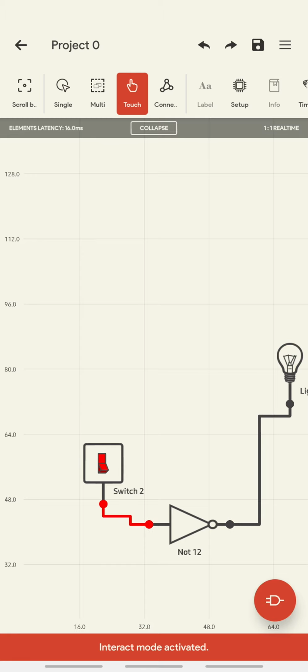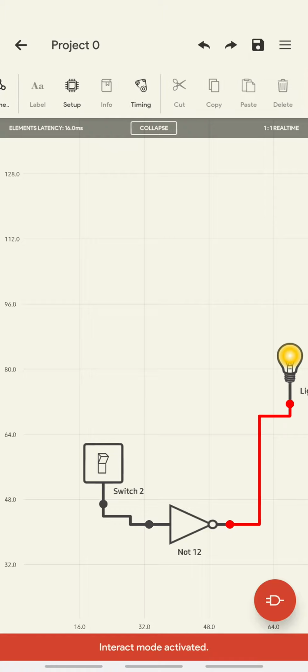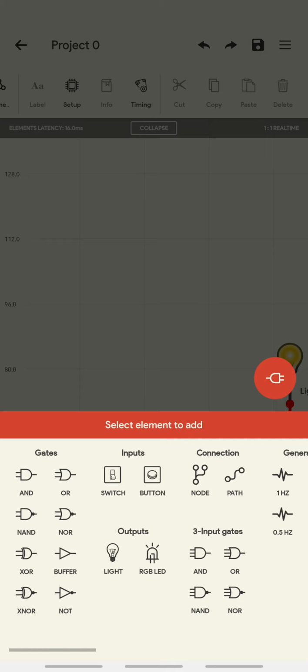NOT gate, if input is 1, output is 0, if input is 0, output is 1, right? So you can just try all these gates given in the first practical, right? Along with that you can go for this 3 input AND gate and 3 input OR gate, right?